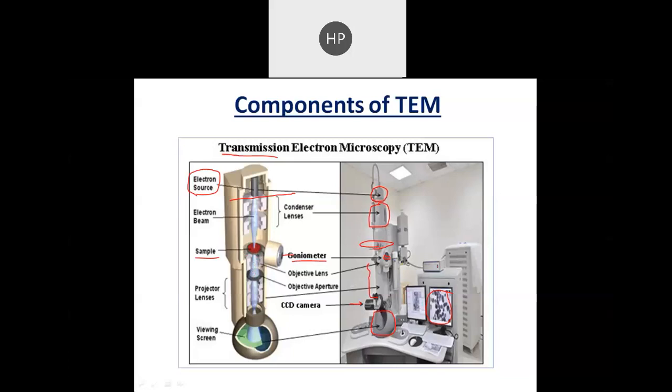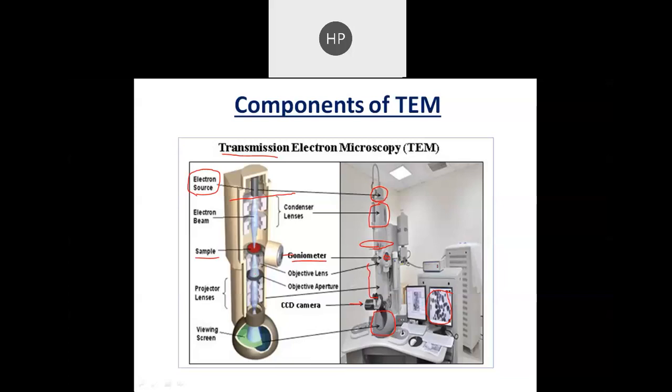While in scanning electron microscope, whatever the reflected or deflected electrons, like backscatter electrons, secondary electrons, X-rays, Auger electrons, that will be detected, and then it will be used to convert the electron. So that is the difference between the TEM and SEM. Both are working on the principle of electron microscopy, but the way the electrons are used is totally different